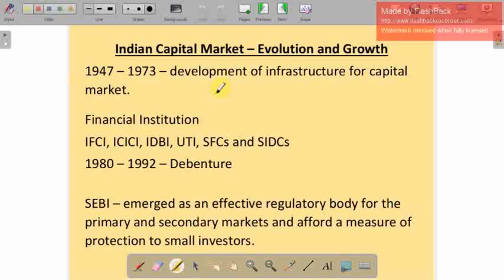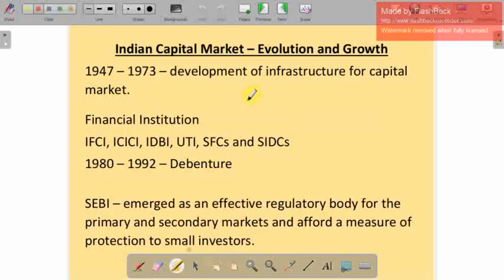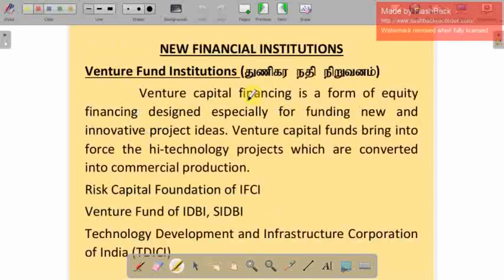And SEBI. Actually, this is an institution to form rules and regulations to help protect the small investors. So it emerged as an effective regulatory body for the primary and secondary market. These are measures of protection for the small investors. And new financial services such as credit rating were introduced during that time, and a study group for guidelines relating to valuation and new instruments. So these are the Indian capital market evolution and growth. It's like a history, just read and understand. And next,